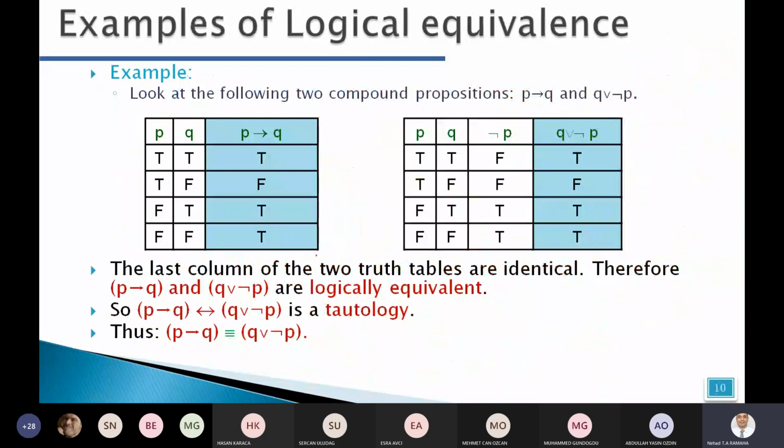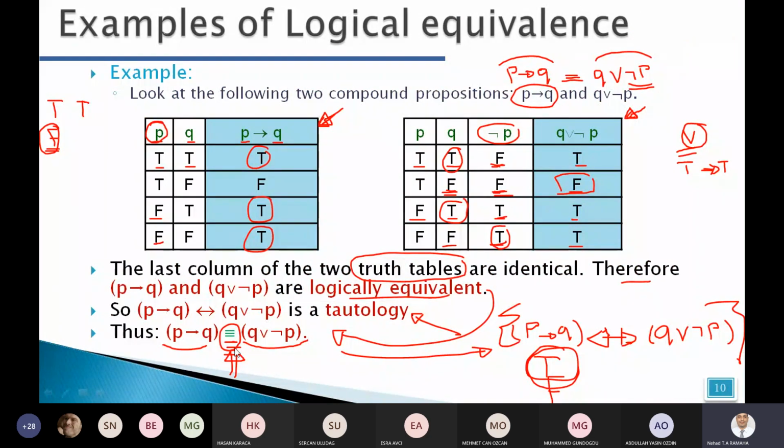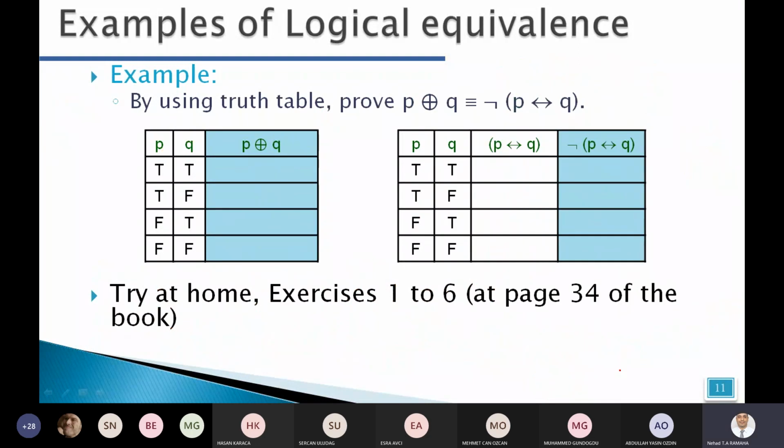So, when I find logically equivalent propositions, I can make a tautology from them by using an implication between the two equivalent compound propositions, and a tautology always results in true. Okay, another example. Let's solve this example together. I did not solve it before, so we can solve it together